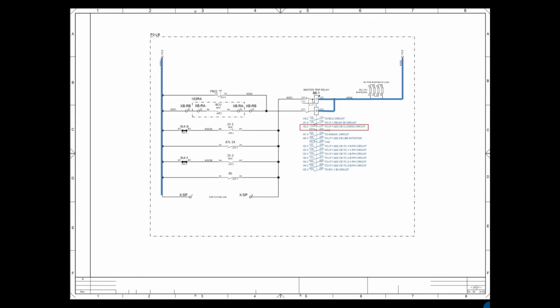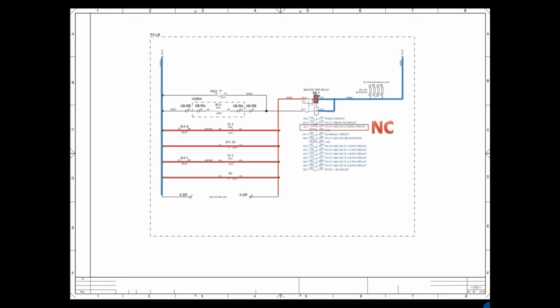Now we will see at what stages the master trip will operate. For this master trip pickup, many parallel circuits are connected. The first one is 21-1, next is 87L 1X, and next is 21-2 and 85. If you see all this, 21-1 is the main distance protection, 87 is a line protection, 21-2 is a backup distance protection, and 85 is a common trip. So if any trip occurs, it will trigger this master trip. If the master trip is triggered, the contact will open.